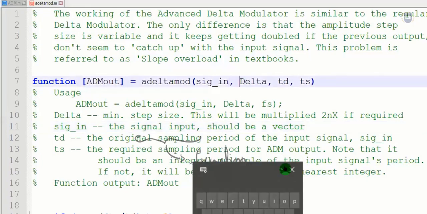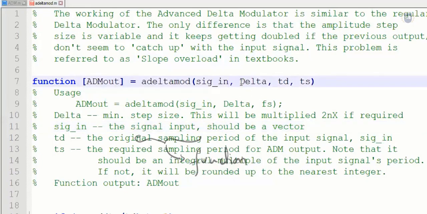After that, the second argument is delta size. It describes the minimum step size. This would be multiplied by a factor of 2 if required, or by a factor of 2 into 2, or 2 into 2 into 2, where n can take any value depending upon our program. So that's the delta value.